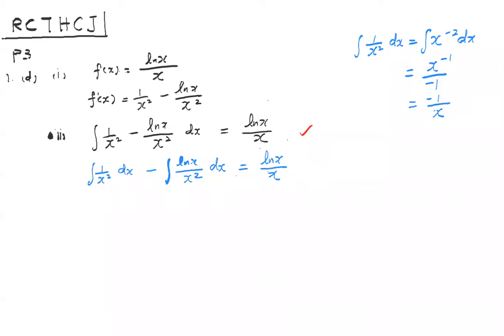So you put this as the integral of negative 1 over x minus ln x over x squared dx is equal to ln x over x. It's okay, you don't show me this part for this case. You can just do it at the side, then you put the answer down. So I make all the negative become positive. So it will be 1 over x plus the integral of this